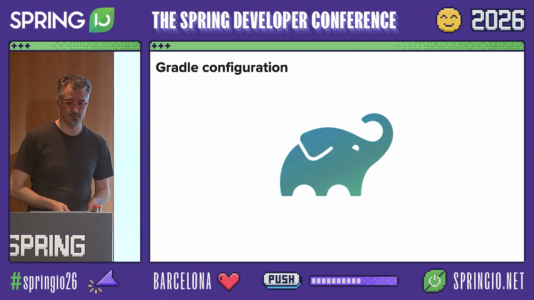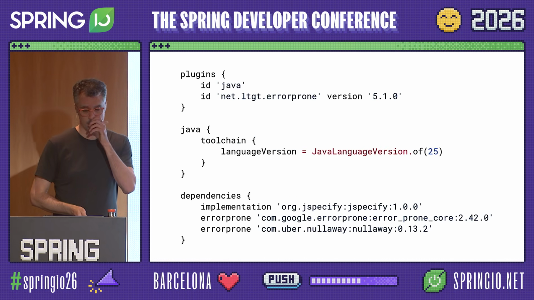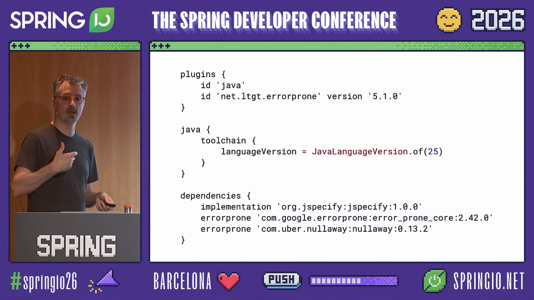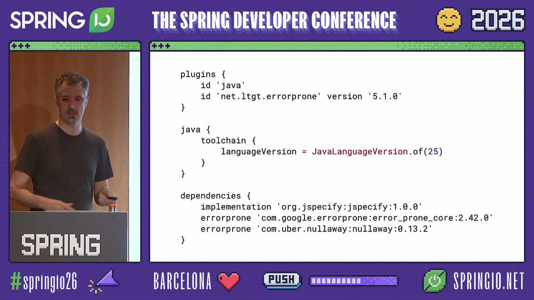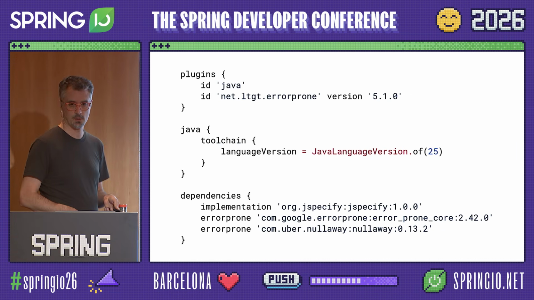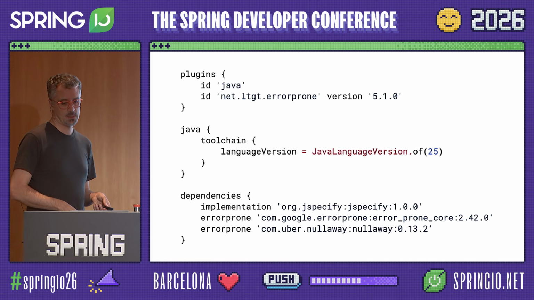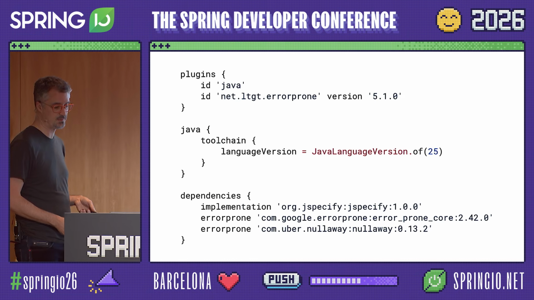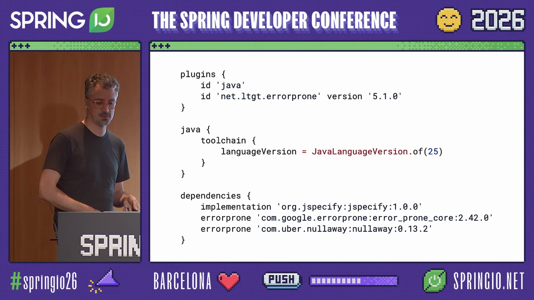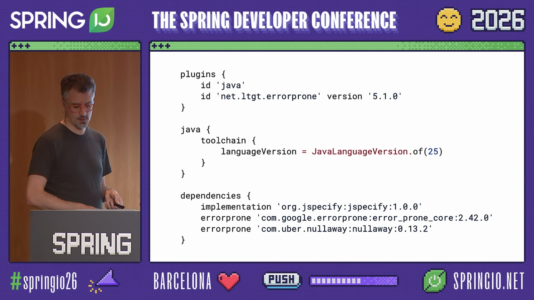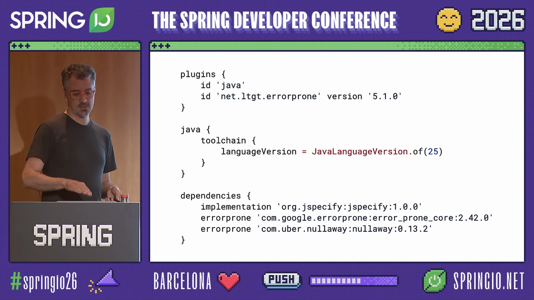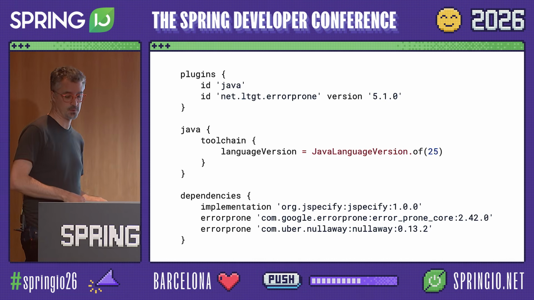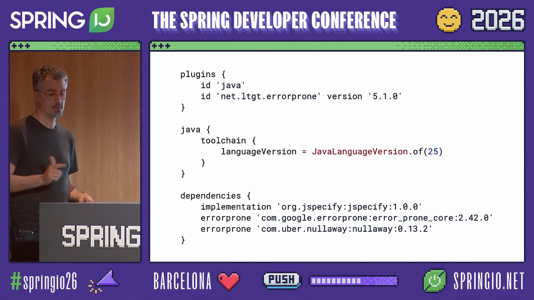So let's see the detail of the configuration. For Gradle, NullAway is an extension for Error Prone. Error Prone is a static analysis tool maintained by Google. And so we are going to declare this Error Prone Gradle plugin. We specify that we are using a recent Java 25 version. And in addition to the JSpecify dependency, we are adding, with the errorprone configuration, the Error Prone core and NullAway dependencies,